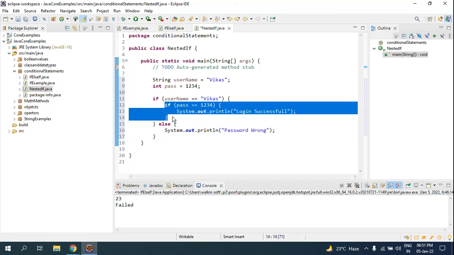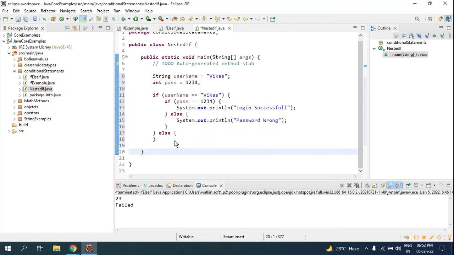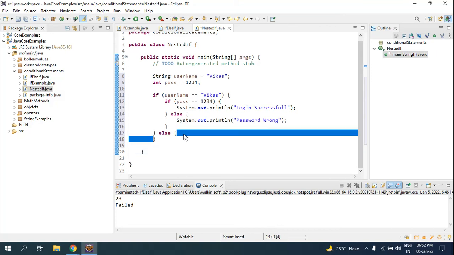This if is the if condition, so it's like here. So here I'll be giving it out. I will explain again, no need to worry.